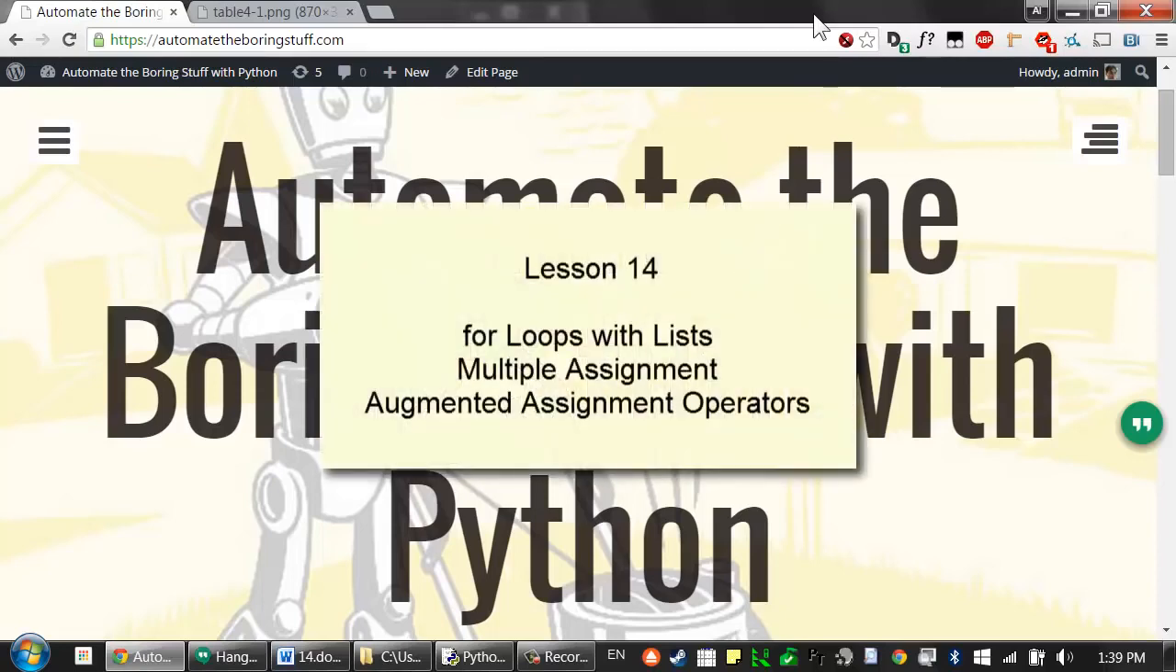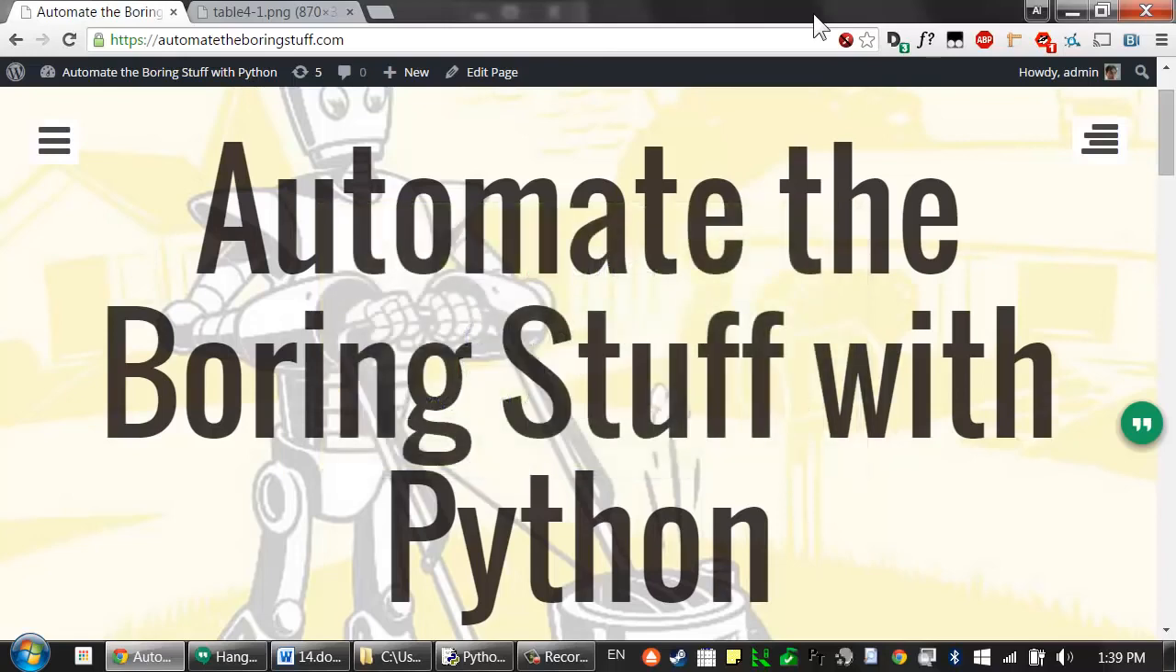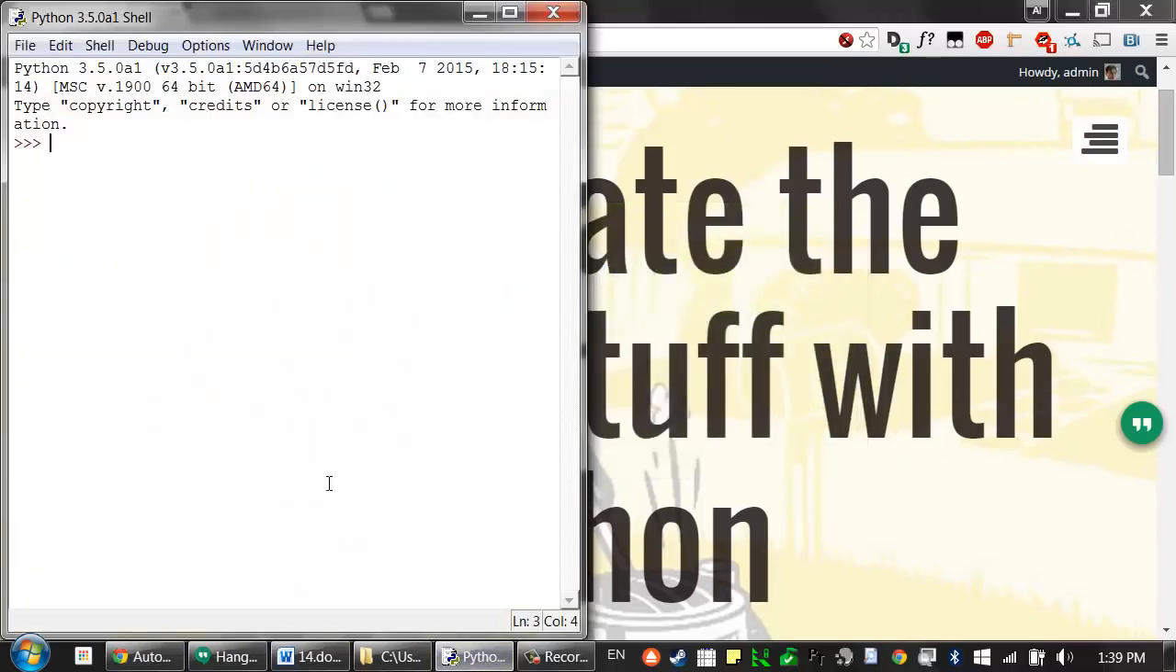Welcome to Lesson 14, which roughly covers pages 86 to 88 of the Automate the Boring Stuff with Python textbook. In this lesson, we're going to cover a few different topics: using for loops with lists, multiple assignment, and the augmented assignment operators. In Lesson 7, you learned about using for loops to execute a block of code a certain